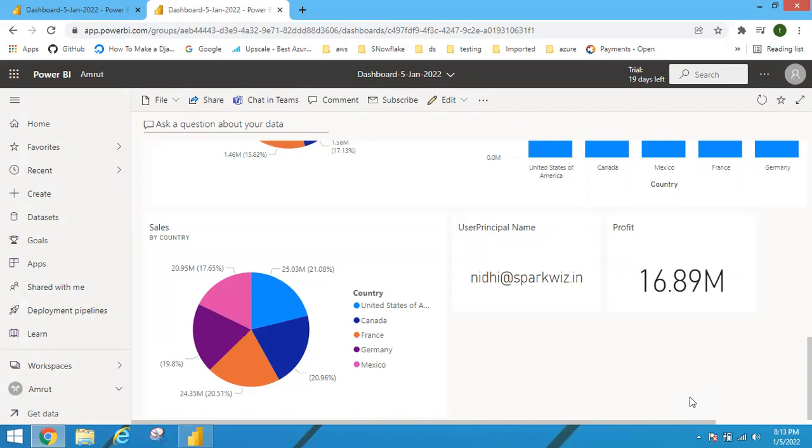Okay. So this alert part which I talked about, creating alerts on the single card visual, this option is only available for dashboards. This option is not available in the report. Okay. So this is what you can do for your dashboards. Another thing which is very specific to dashboard is setting the dashboard as featured one. Now what happens is every day you have to see this dashboard and you have to see if anything has